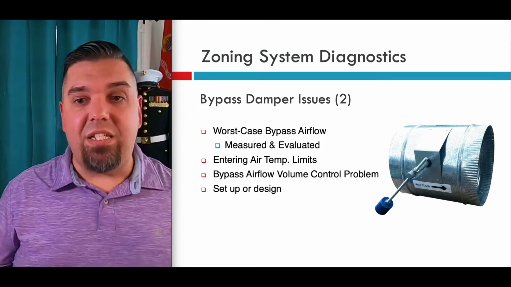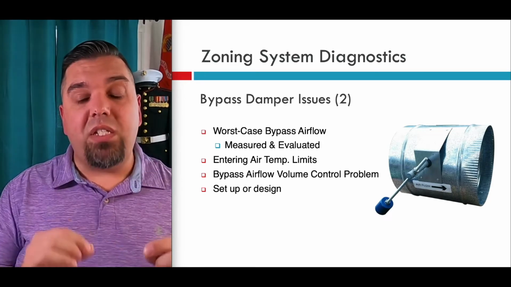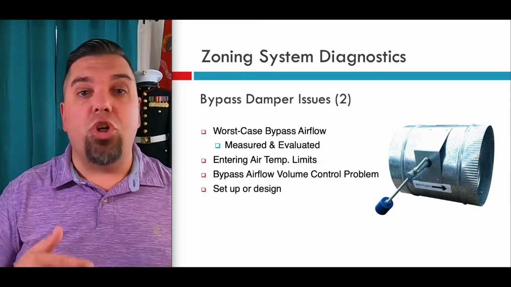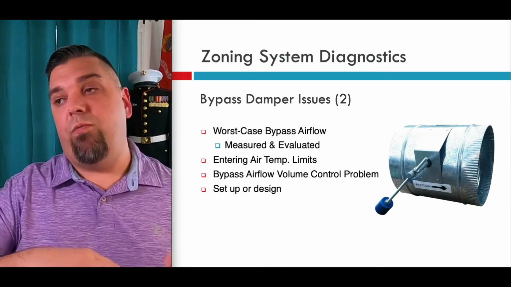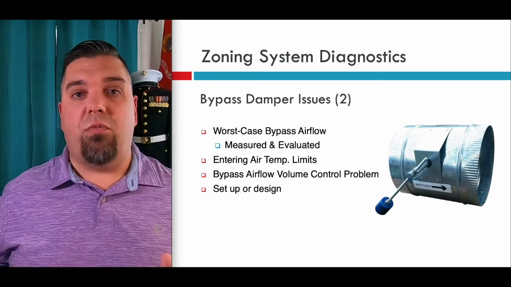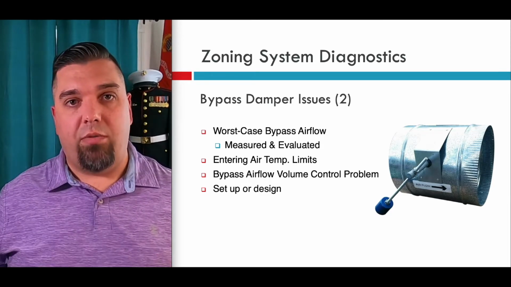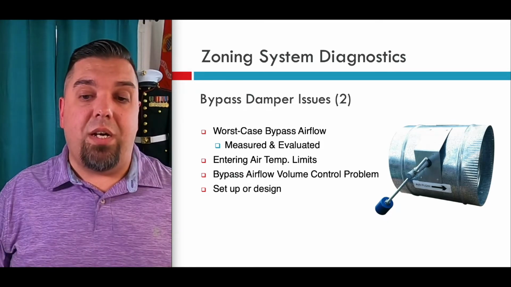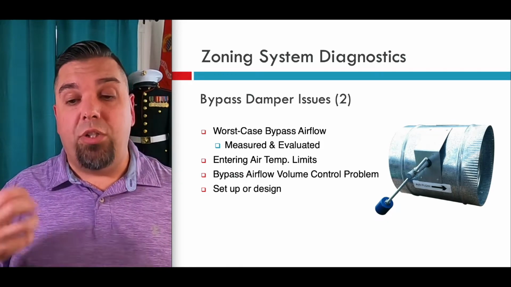That's the easiest way to set one of those up. Obviously, when you do this though, you still need to measure entering air temperatures and make sure you're within limit. You don't want the furnace shut off 2 days from now when it's colder out and it's running longer, right? So you still have to operate within limits. And then obviously, you want to make sure that you're going to be able to control that volume